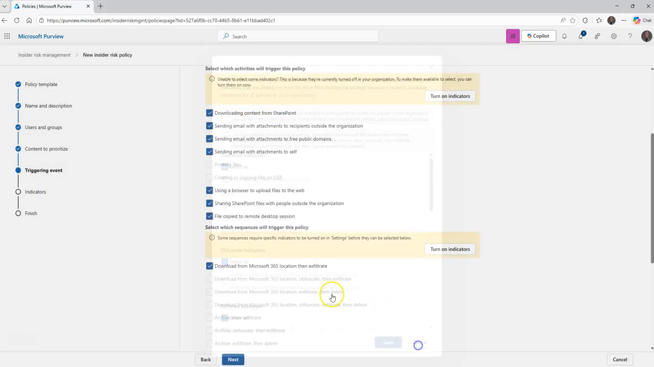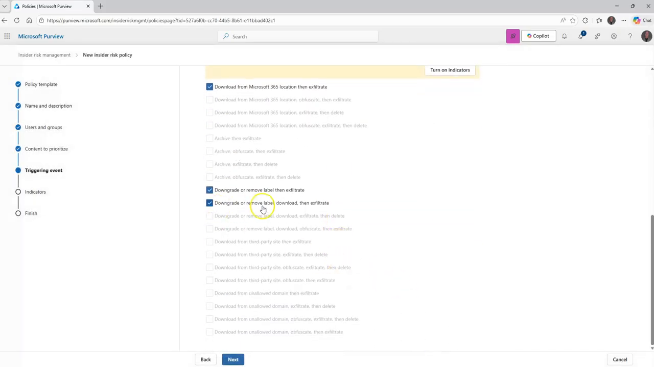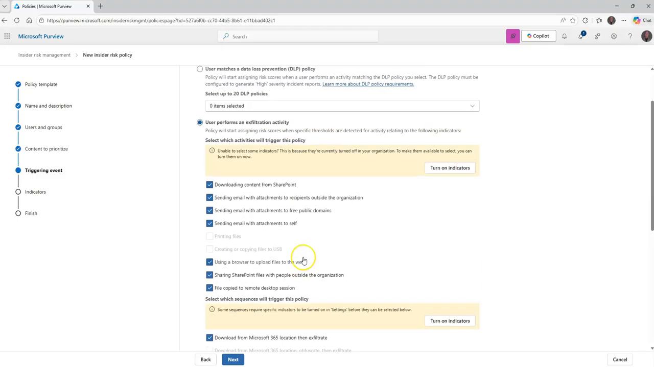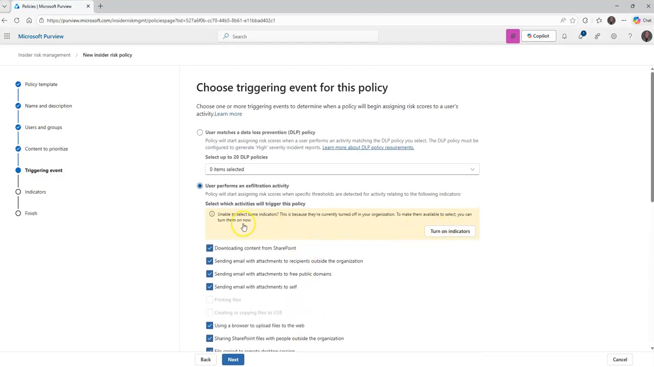So in any case, we've got pretty much everything. Downgrade or remove label content, then exfiltrate. We're good there. But again, we can go into